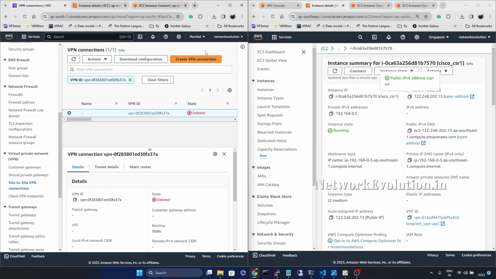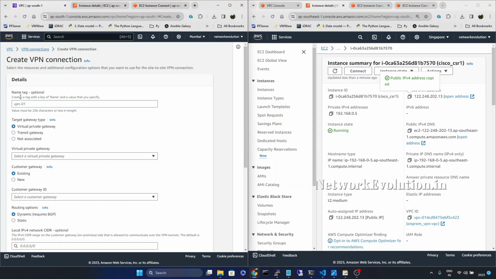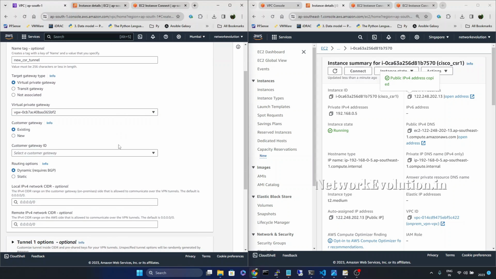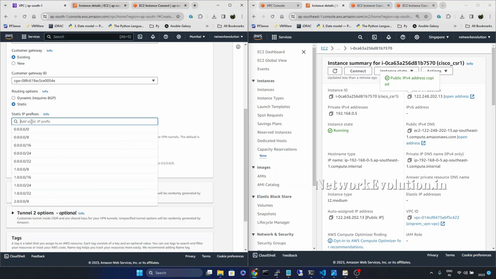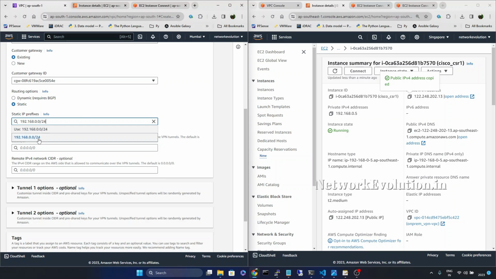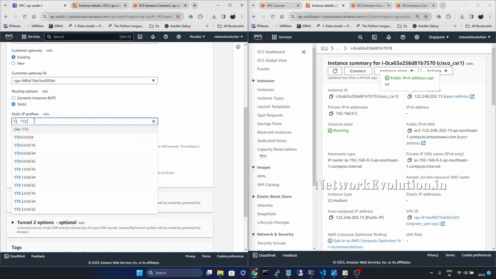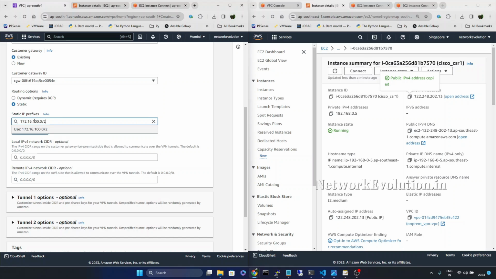Go to site-to-site VPN connection. Create VPN connection, and I will call this new CSR tunnel. I'll select the gateway which we created, then the customer gateway, and the routing option is going to be static. Here we need to add both subnets, 192.168.0.0/24, then 172.16.100.0/24,